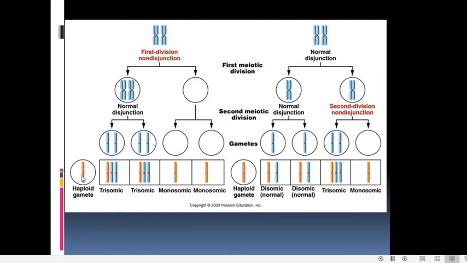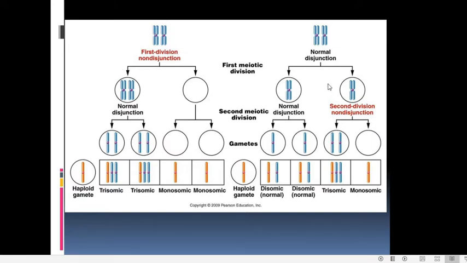Suppose this gamete, it is fusing with this one. It will result in a zygote which will be lacking this particular chromosome. It will be having only one homologue of this chromosome which has been contributed by this parent, but the other homologue is missing. So this condition is called as monosomy. So here we could see how trisomy and monosomy arise from non-disjunction of chromosomes during the first meiotic division.